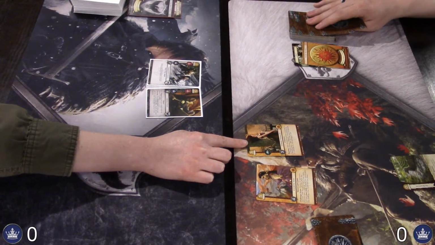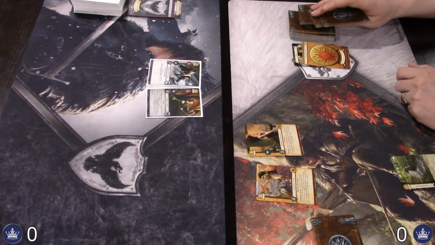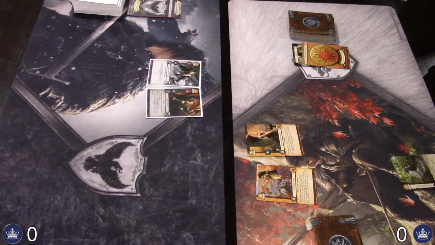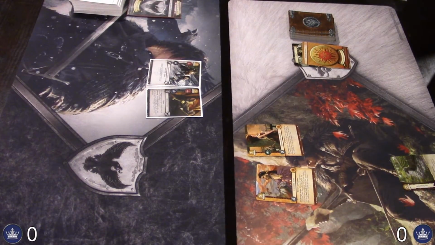I would give the edge on starting setups to the Martell player here, primarily for the icon removal on Nymeria Sand. It's just a lot easier to get attacks through, especially knowing the makeup of these two decks. Both of them are more of a control style and longer play style, but being able to remove those icons early is great. Also, the Dornish Paramour,